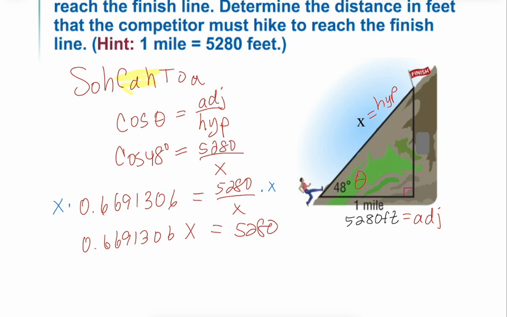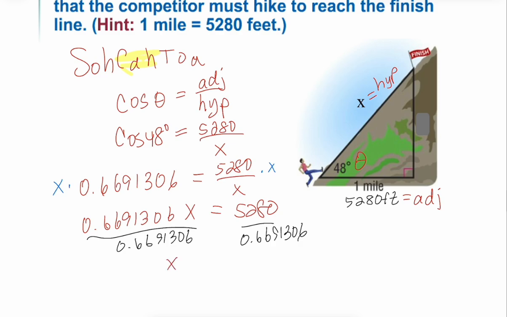So that coefficient, that multiplication of 0.6691306, we have to divide both sides by that value in order to solve for x. Now remember, we should expect that we're going to get an answer that is more than 5,280 because it is our hypotenuse. So if we look at that, we do indeed, rounded to the nearest whole foot, get